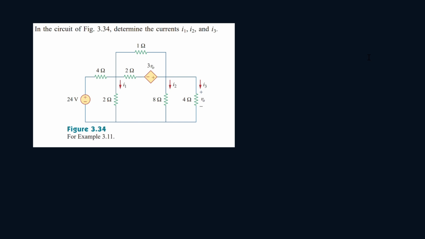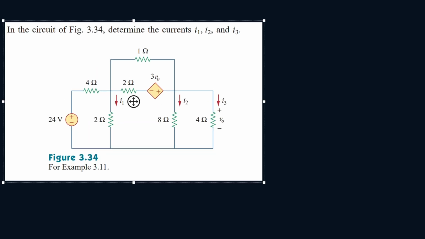Okay, so we have to find I1, I2, and I3 for the following circuit. So let's start by writing down the nodes. Let's call this node V1 and call this node V2. Now, the problem with this circuit is this portion, because when we write the directions of current, so let's call